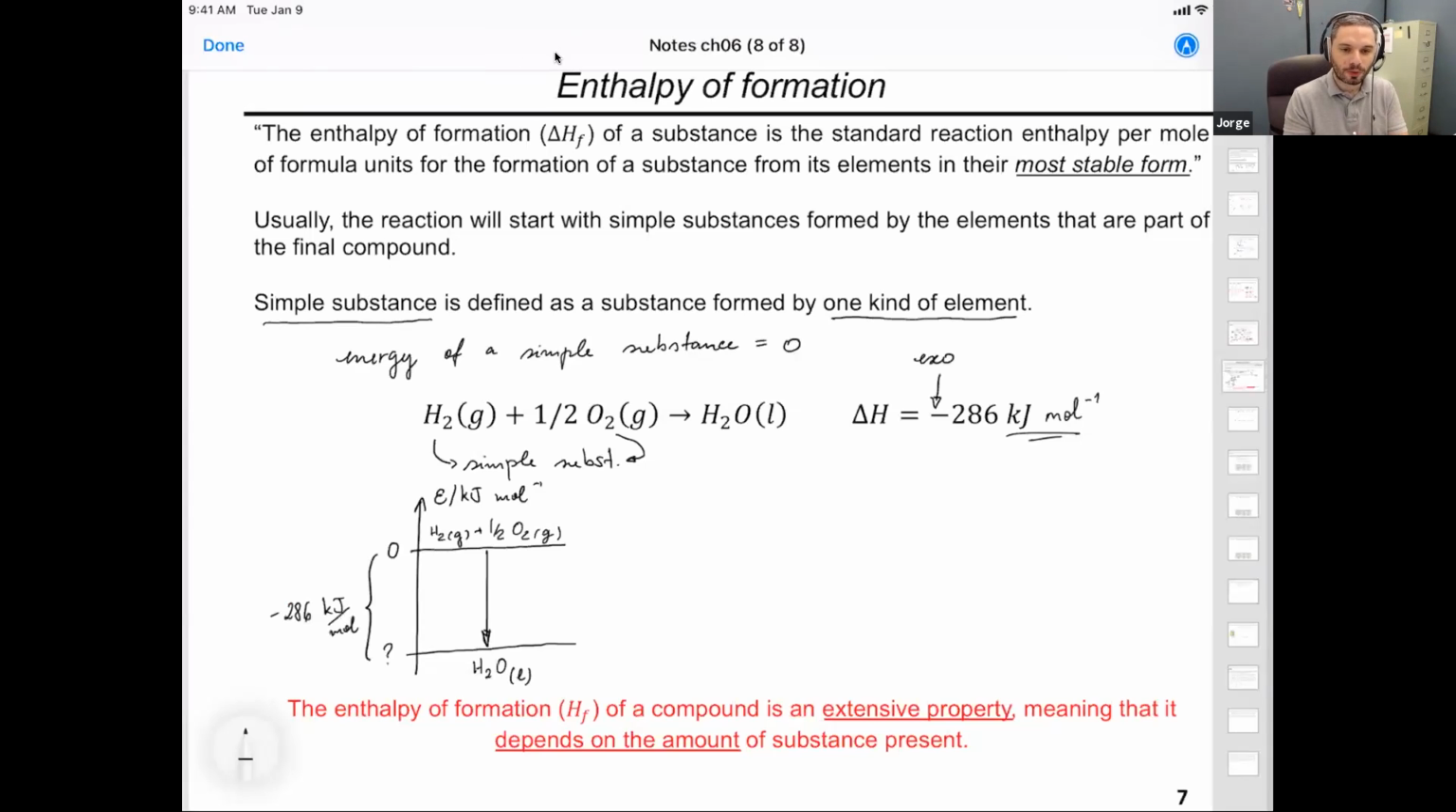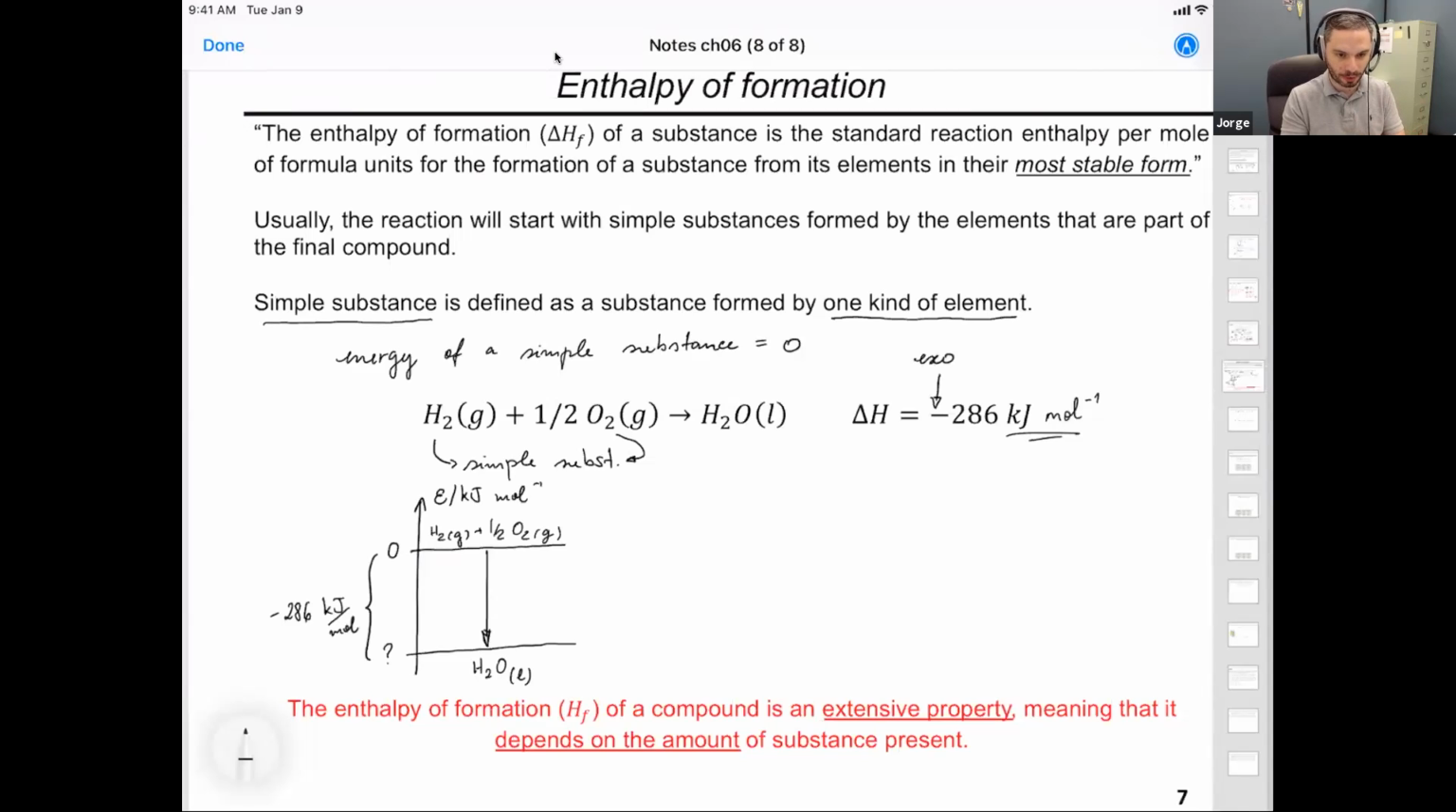Okay, so we know that we are starting from zero because we only have simple substances, and by definition, the energy of a simple substance is zero. We are moving to a lower energy level because the reaction is exothermic, and forming only one product, which is water. We don't know the energy of the product, but we know that the delta, the difference between final and start, is minus